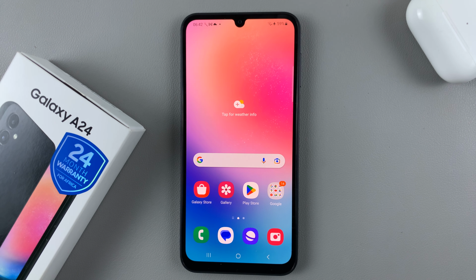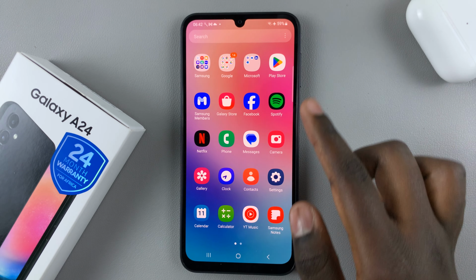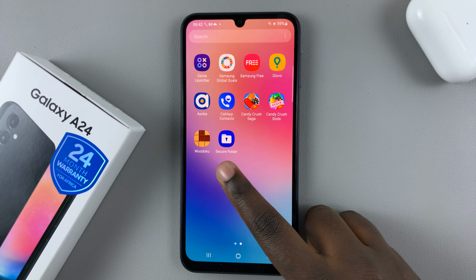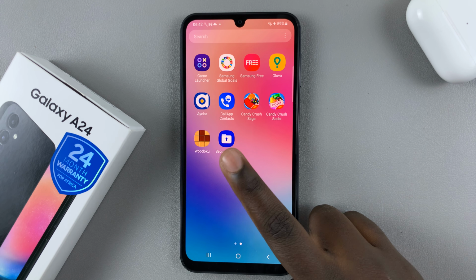In today's video, I'll be showing you how to hide and unhide your secure folder on the home and apps screen or apps drawer on your Samsung Galaxy A24. So first, as you can see, my secure folder is very visible, and if I want to hide it, what